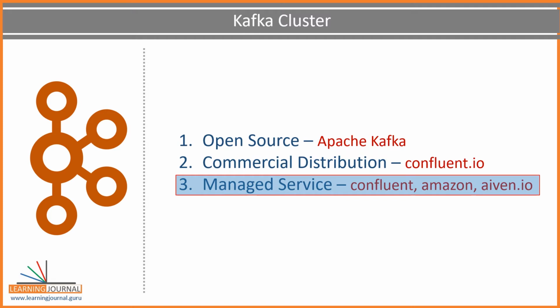The third option is a fully managed Kafka service in the cloud. In this option, you do not need to download, install, run, operate, or maintain anything related to the Kafka cluster. Just use the cluster for producing and consuming data. All the infrastructure headache is taken care of by the managed service provider. This option is the simplest way of using Kafka for your projects and comes with different payment plans. Confluent is also a managed service provider, and there are others as well, including Amazon and Aiven.io.